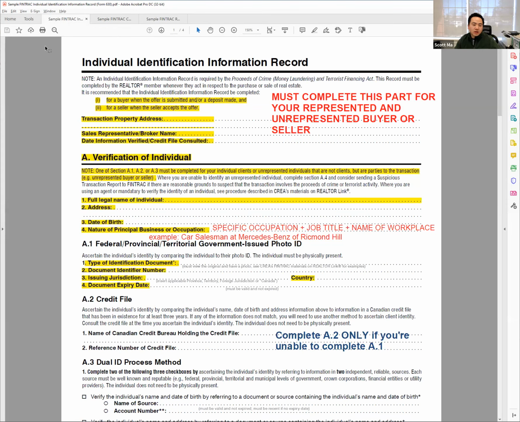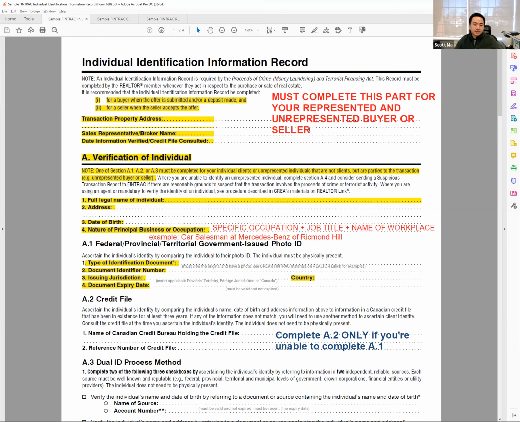So one thing to note here is I mentioned specifically if you're buying or selling real estate. So what about when you're doing leases? If you're representing a client who is looking to rent or who is looking to rent out their property, you don't need to do FINTRAC. And so it's only for buying and selling real estate. And you can see here, you must complete this for your represented and unrepresented buyer or seller. So even if you don't have a BRA or a listing agreement, if you are just, for whatever reason, if you don't have an agency agreement with your client, you still need to do the